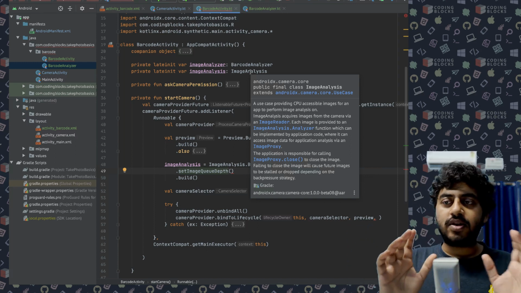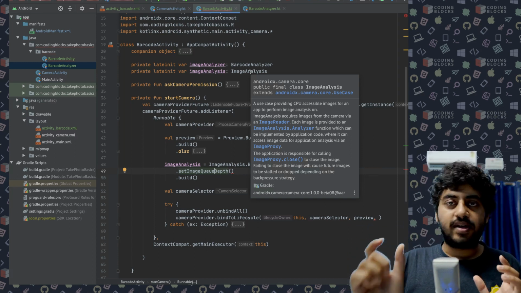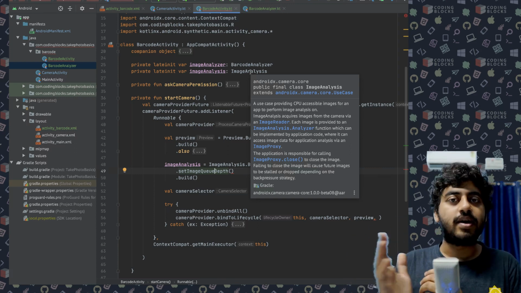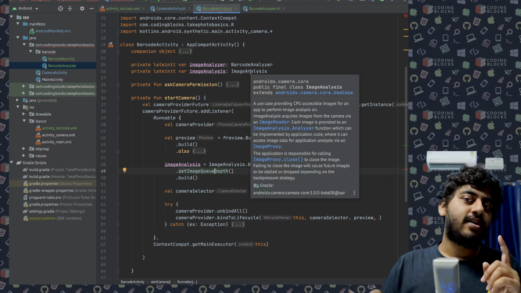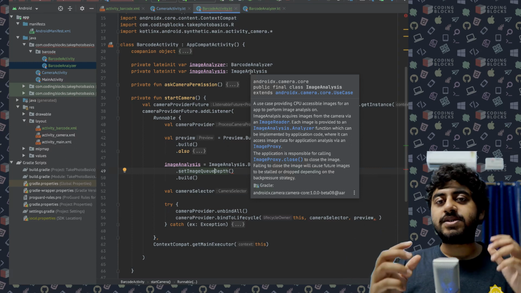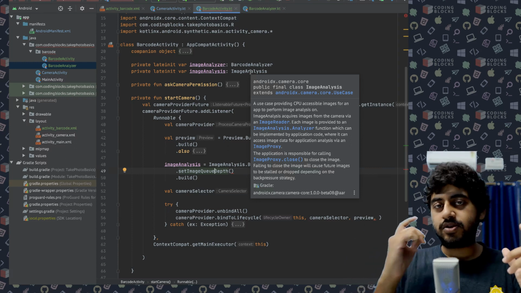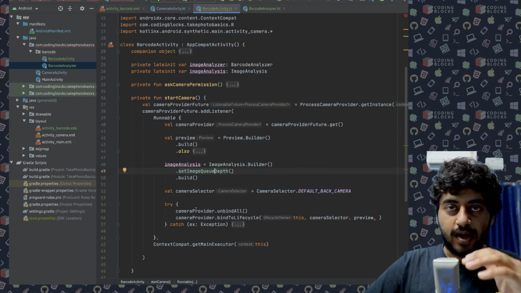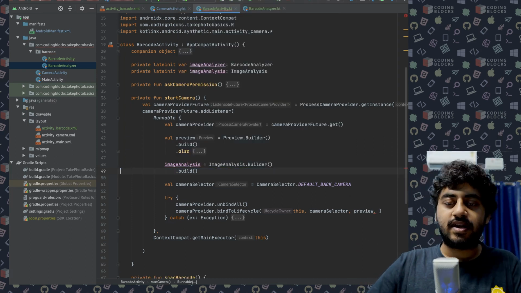If it's the other way around, then also it's not a problem. If the barcode analyzer is faster than the camera, then the barcode analyzer just waits. So either of the two things might need to wait, because the input output speed might not be the same on the camera side or on the barcode side. That's where we use back pressure strategies and the queue depth. None of these things are really important.